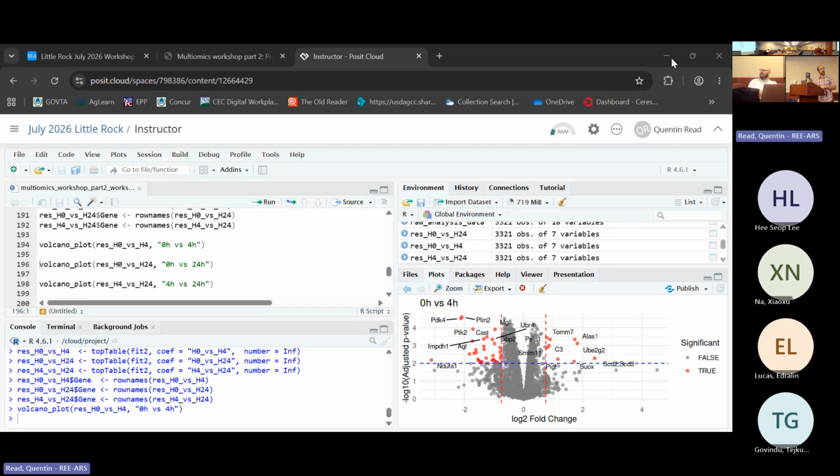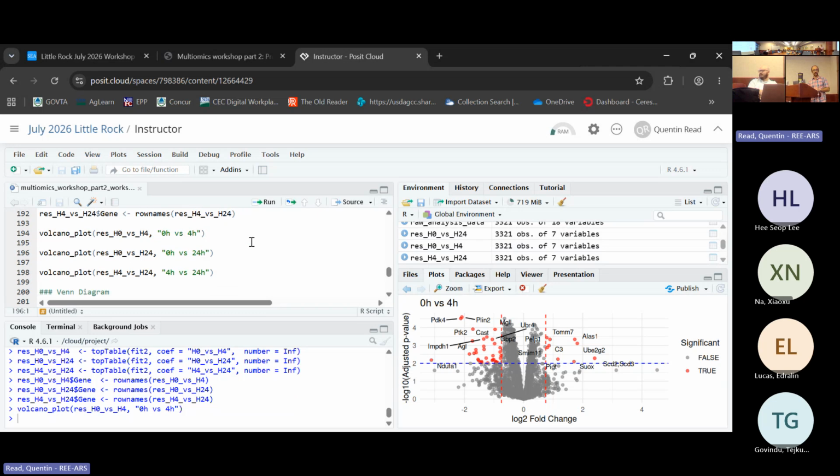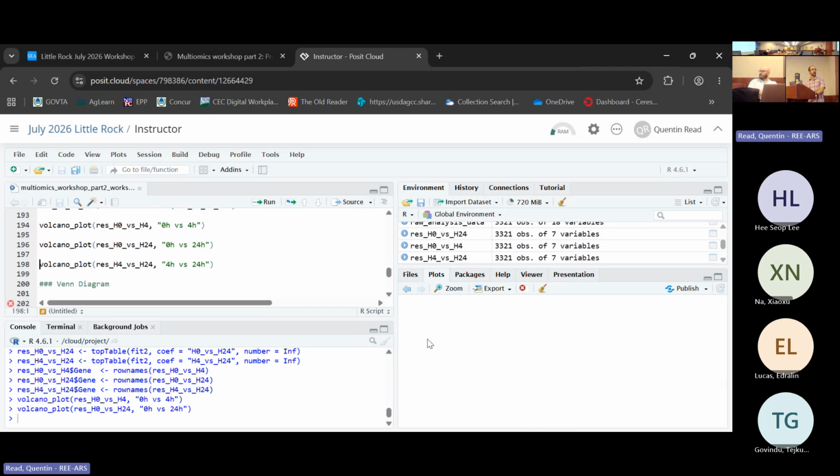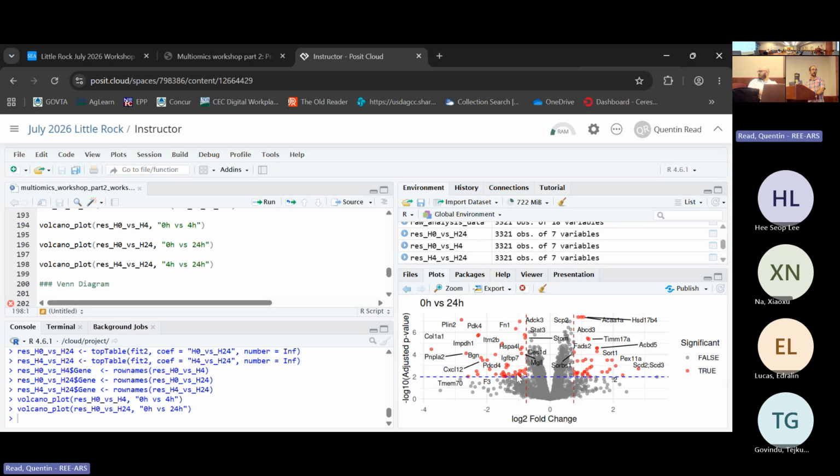So that's a volcano plot, and we can also make a similar volcano plot for the 0 versus 24 time point and the 4 versus 24. Let's just take a look at those. They're quite similar in how they look, but the axis goes out even more, I think, on the 0 versus 24, because the differences have a bigger magnitude. And it automatically labels the ones that are